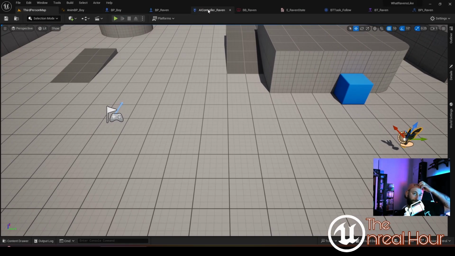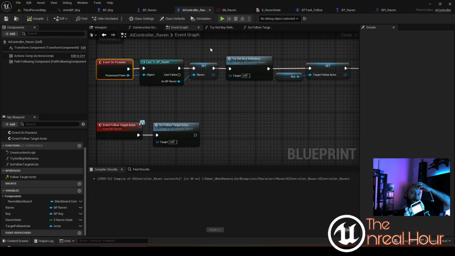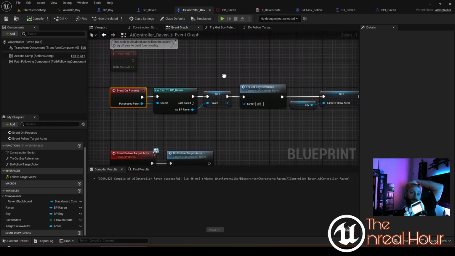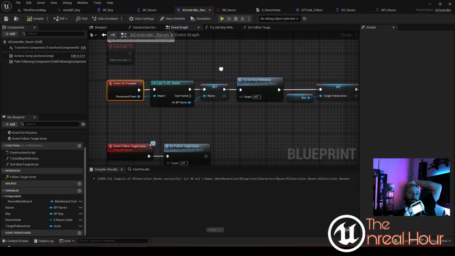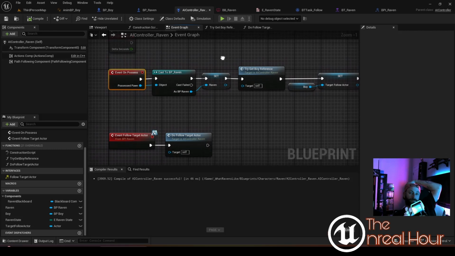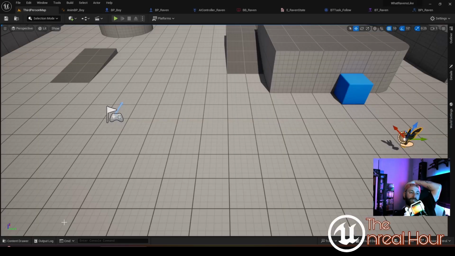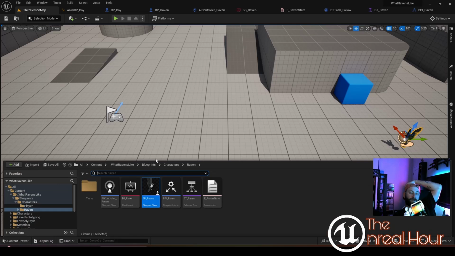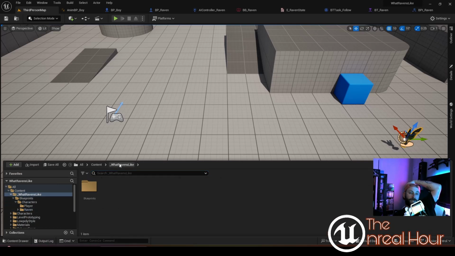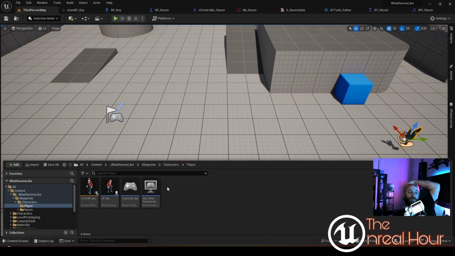So there's a couple ways we can handle this. And I think the easiest way is to just kind of guarantee that the boy is going to be in the level